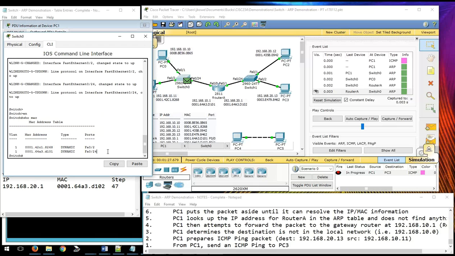We did. Yes, it is. So that's done. Now what's it going to do with this frame? Then it's going to send it out. After it goes back to the switch and sees that the source MAC address is in the table, then it's going to send it out